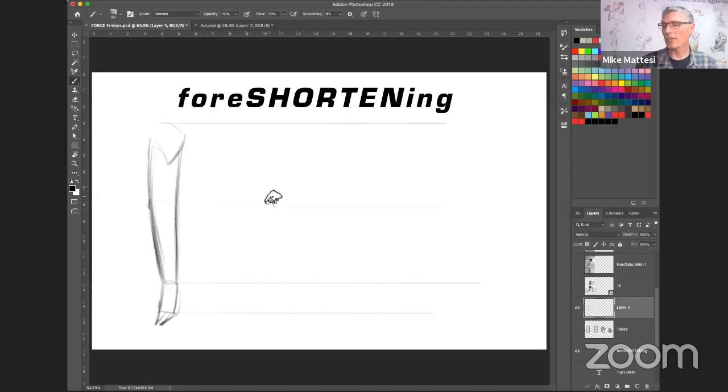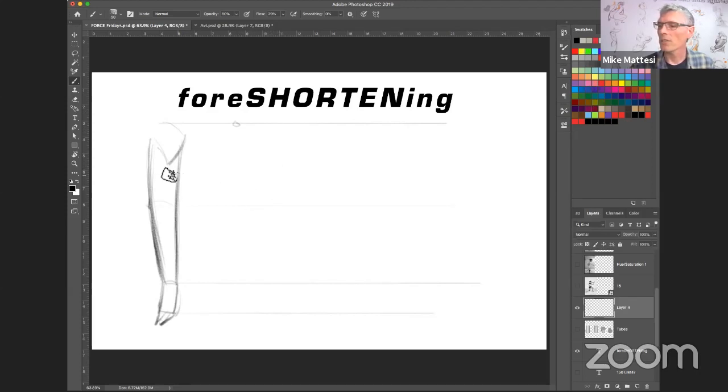So if I want that to come out, all I need to do is start thinking about shortening. Now I want to have sort of a pin put in one part of this arm to lock it down. So in this case, I'm going to use the shoulder because that is usually the pin, right? That's where the anatomy is locked down from the arm to the torso. So I'll stay true to this, and what we'll do is start shortening everything else up, right?